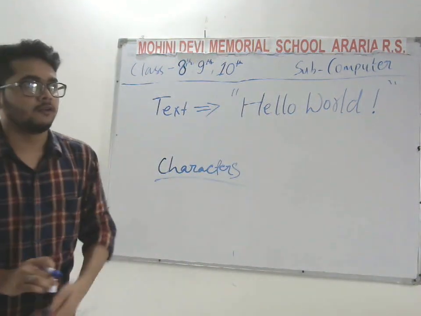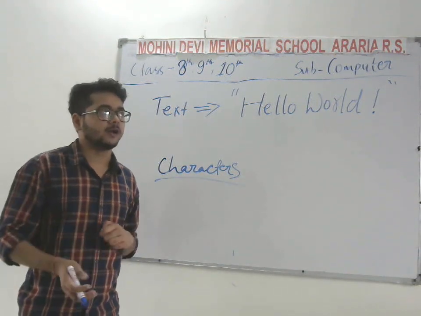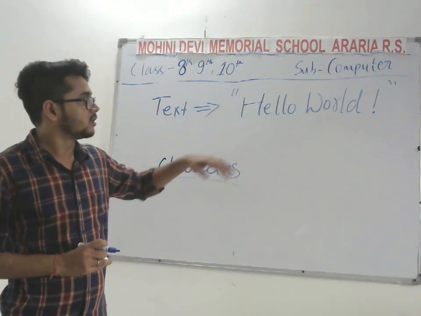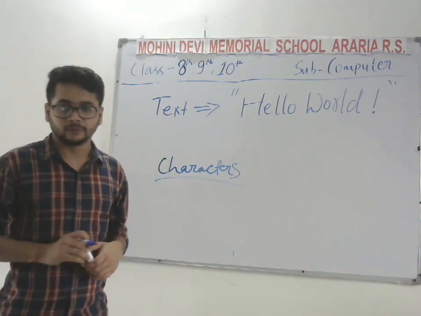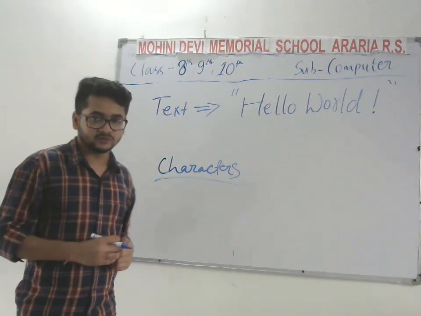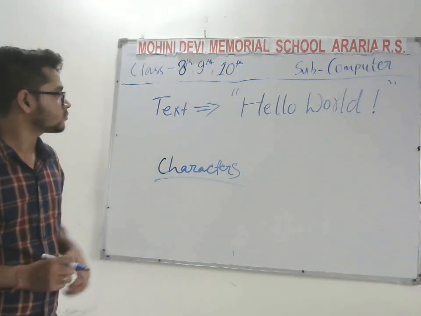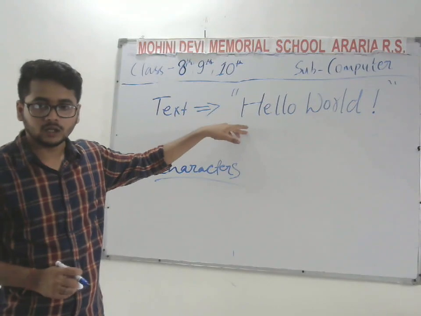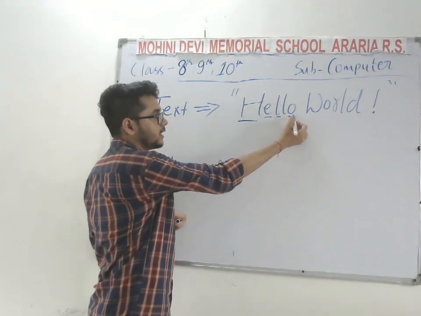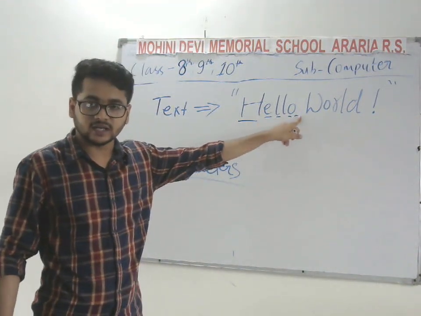Okay, hello world is very famous text in computer science, because every person who starts programming will eventually first learn how to print any statement. So we generally print hello world. Hello world is basically a group of characters. So we have H, E, L, L, and O. We have different set of characters, and we have the space character.